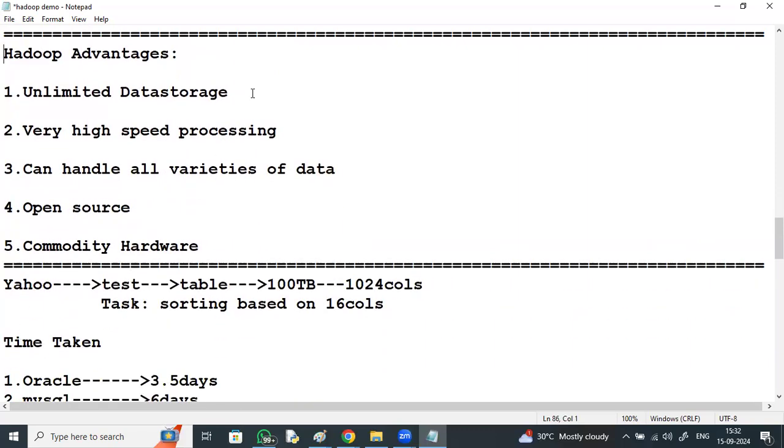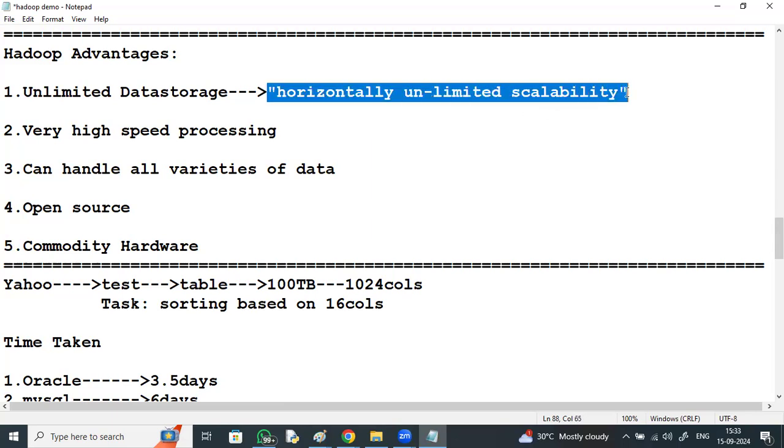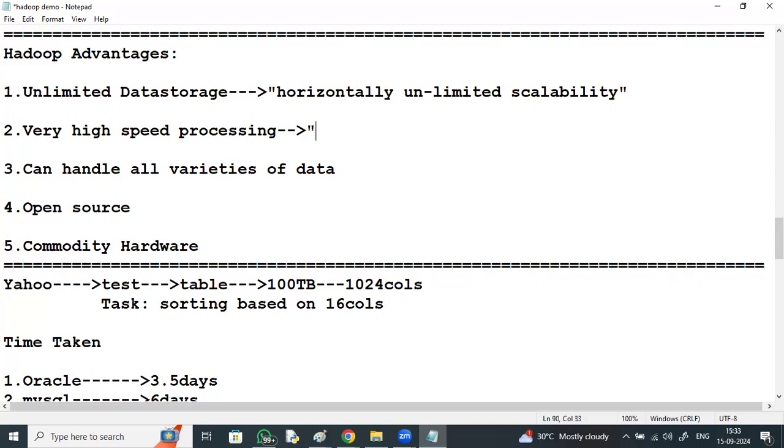Unlimited data storage because of horizontally unlimited scalability. Very high speed processing because of parallel processing.